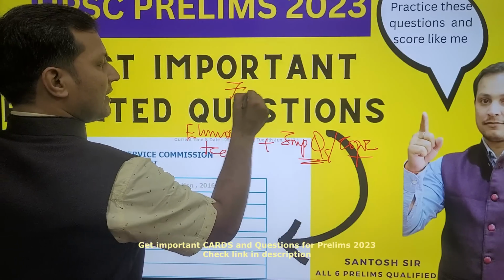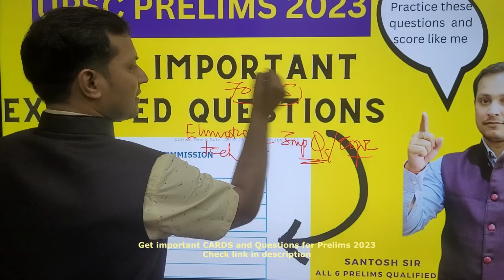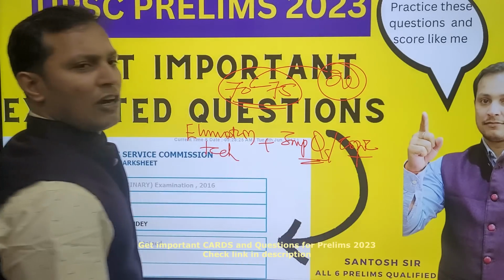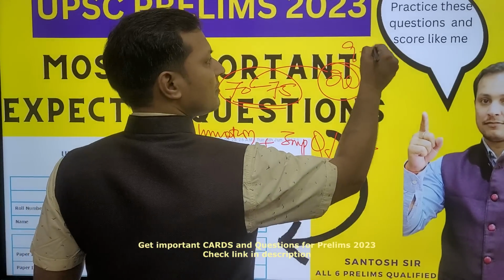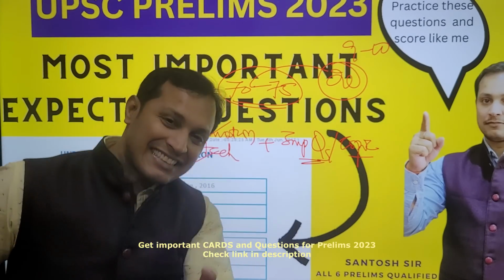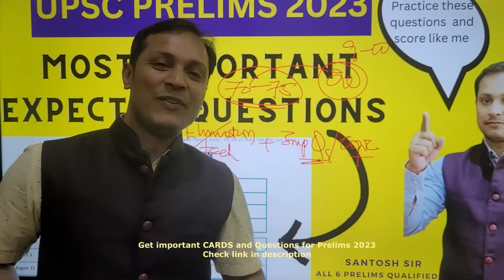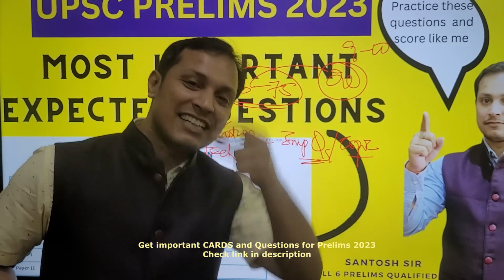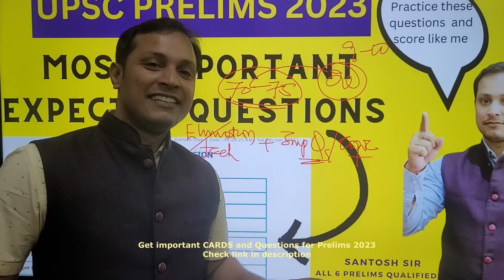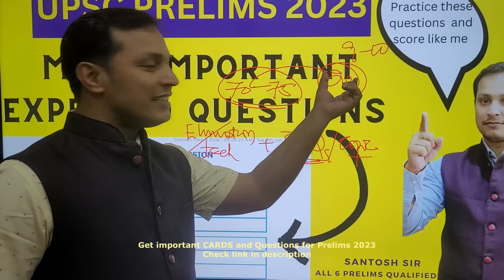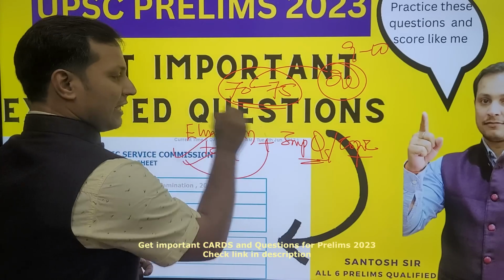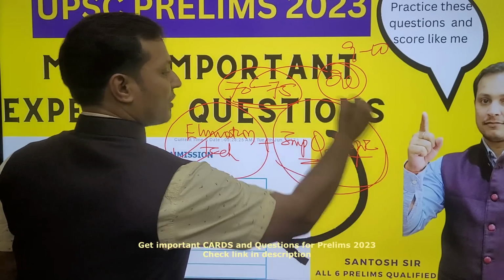Because you are already in the 70-75 margin. You have to just boost your marks by 20 marks. 20 marks is how much? 9 to 10 questions. Easily you can do it. 7 questions I have solved just now in one section, the agriculture section. All questions I have solved using optional elimination techniques. So you can increase your marks by 20. Easily you can do it if you go through these elimination tricks and my important question list.